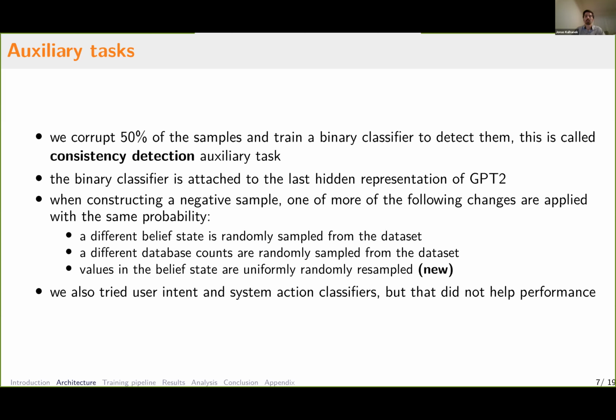And this is actually similar to Soloist, and the difference is how we generate these negative samples. We choose one of the three changes with the same probability. Actually, we can choose multiple of them with the same probability. One change is to randomly sample a belief state from the dataset. A second one is to randomly sample the database count from the dataset. And the third one, which is different from Soloist, is that we resample only the values corresponding to domain